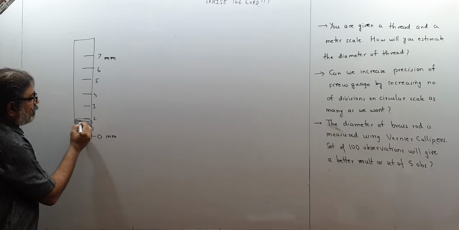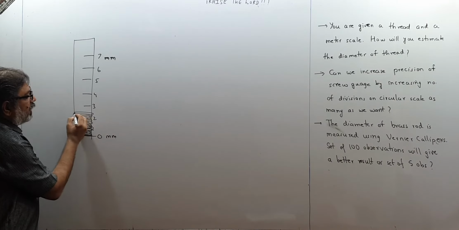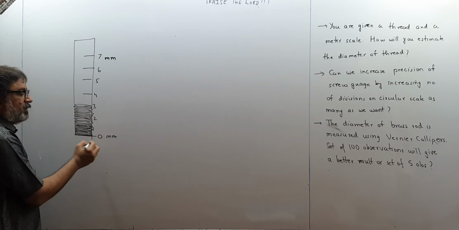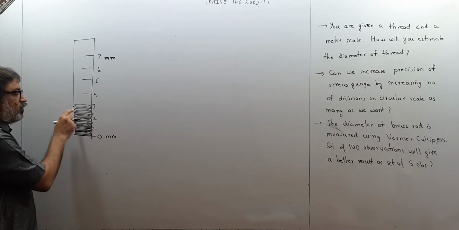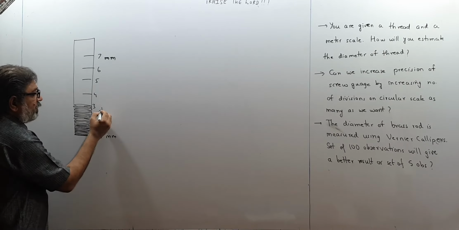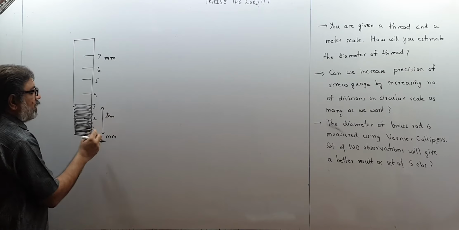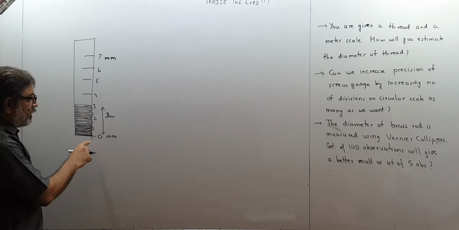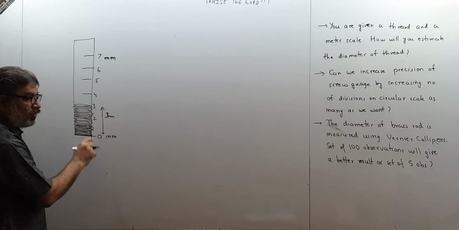I hope you understand what I am saying. And keep on tying it. And there should be no gap between the loops. And stop somewhere. Supposing you stop at 3. So this was the thread. It is over here. So then you know that this length is how much? 3 millimeter. Okay. Now you can count the number of loops. How many loops are there? Supposing there are 20 loops. 1, 2, 3, 4. You count like this.